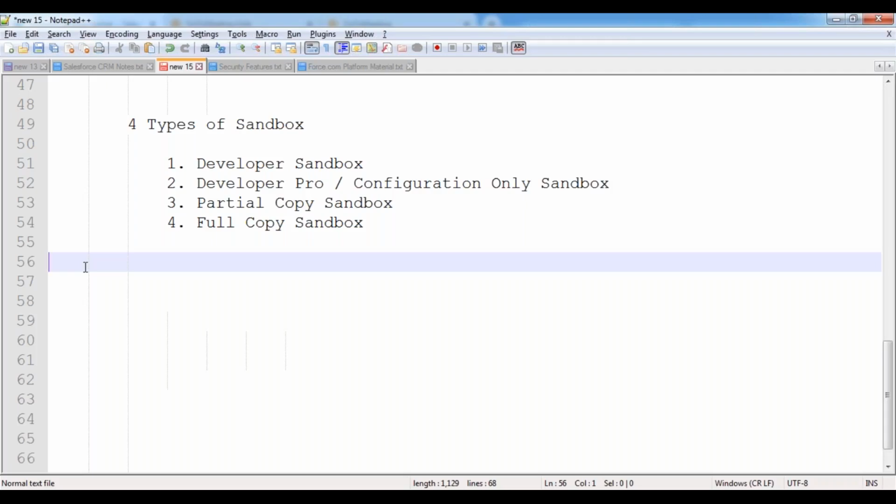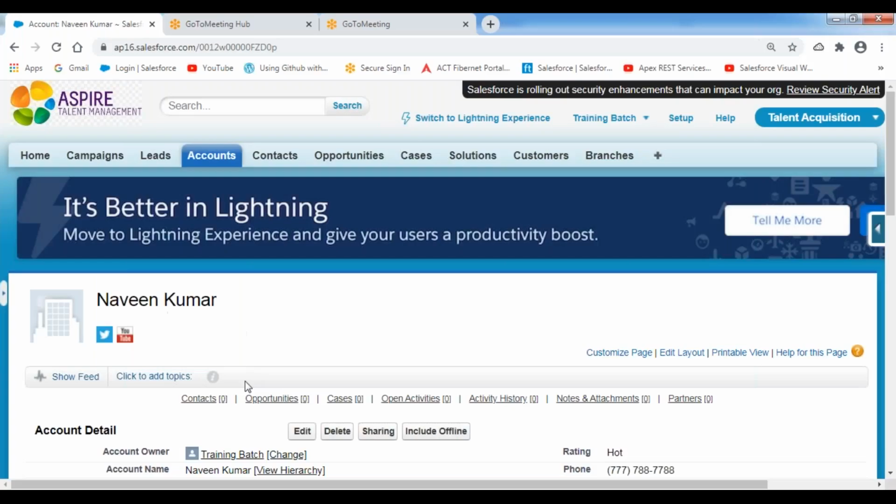Generally, sandbox options are available only in the licensed editions. We don't have that option inside the free developer edition. In the free developer edition, we don't have any option to create sandboxes. Suppose, for example, when you go to your free developer edition, this is my free developer edition which we are using, when you go to the setup menu,